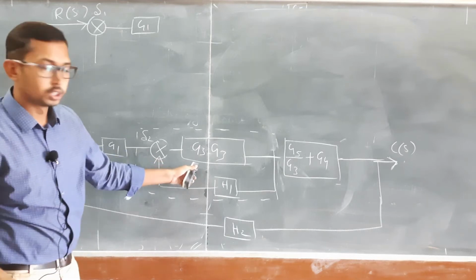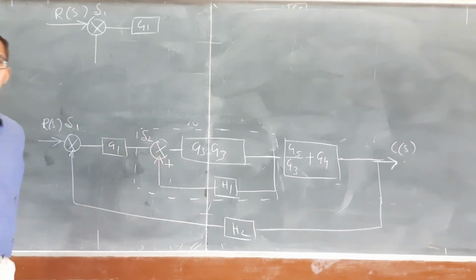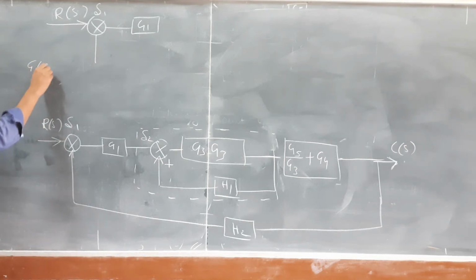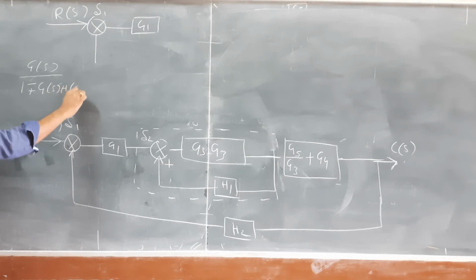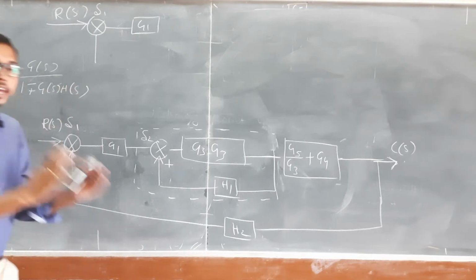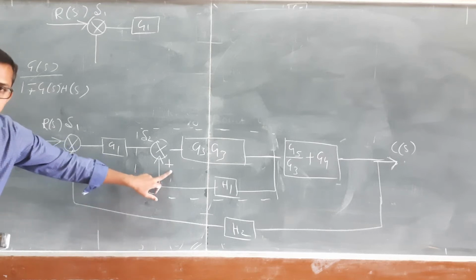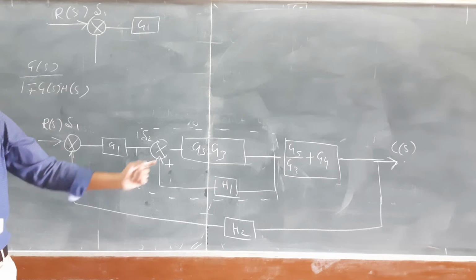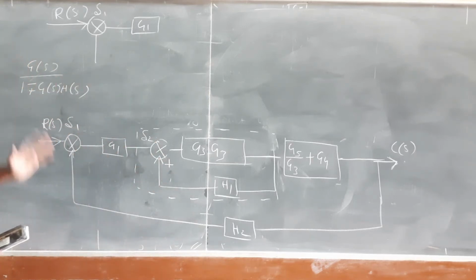Next I am going to remove this one. If nothing is there, it means it is a positive feedback loop. So what is the formula? We know that G of S divided by 1 minus R plus G of S into H of S. So this is the formula to eliminate the minor feedback loop. If we have a plus symbol, we need to give a minus symbol to the formula. If we have a minus symbol over here, we need to give the plus symbol to this formula.